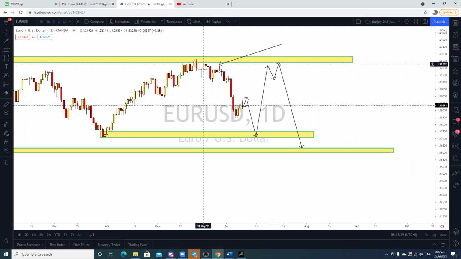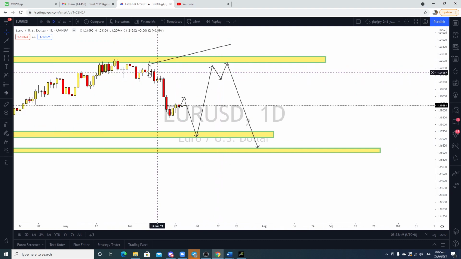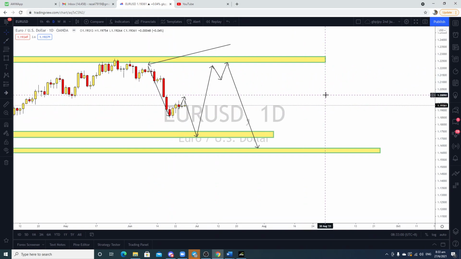After that, you make a lower high here because this high is lower than this high, and then you make another lower high here because this high is lower than this high, and then you make another lower high here, and this lower high is an inside bar false break, and then that is where the price break out. And when price break out of the inside bar, that tells me that that is the order flow. Alright, that is where it wants to go.